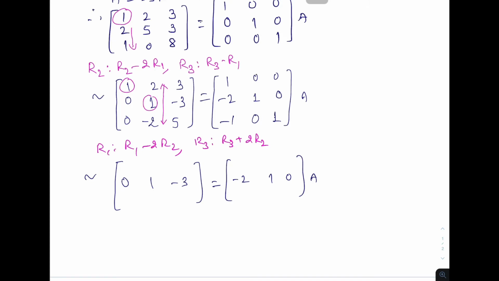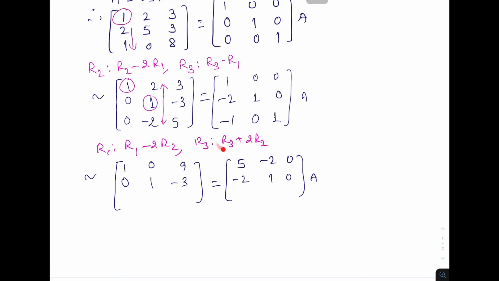Now multiply second row with minus 2 and add here. So this will be 1, no change because of 0. Then minus 2 plus 2, 0. Then minus 2 here, so that will be 6 and 3, so that will be 9. Same process we do here. So multiply with minus 2 here and add here. So that is nothing but minus 2 into minus 2, 4 plus 1, 5. Then minus 2 and both 0, so it is 0.